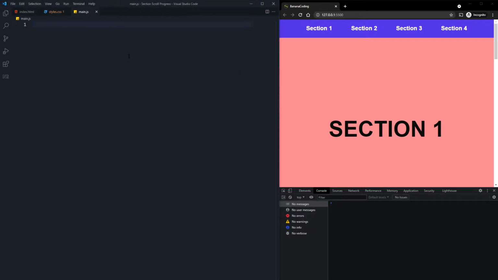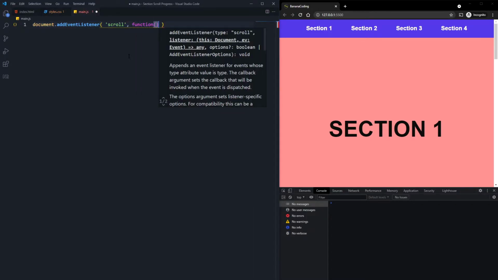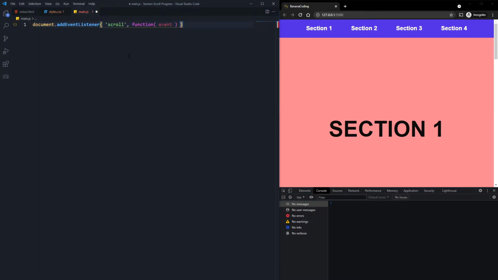Okay, so first things first, we need an add event listener for the scroll, of course. So how can we do that? It's just very simple. We're just gonna say document.addEventListener, and we're just gonna listen to the scroll event, and actually we're just gonna call the function which has an event. We need that event to get the current scroll position, and we can do the brackets here to start our